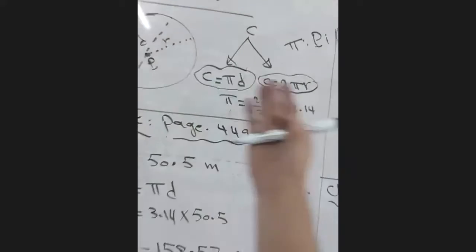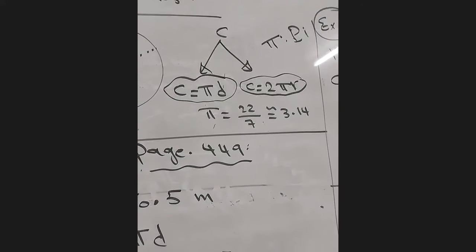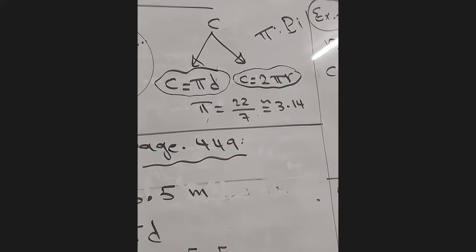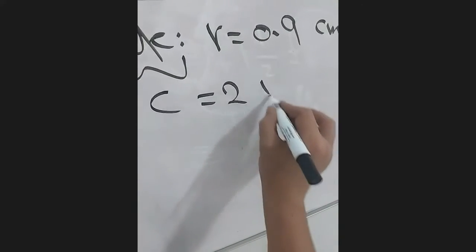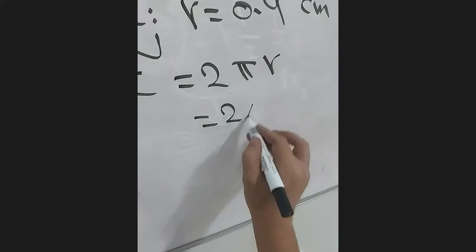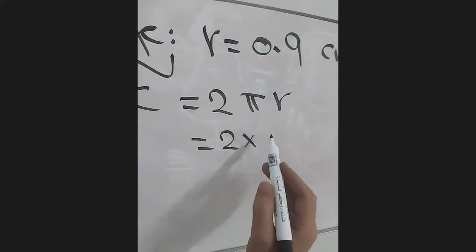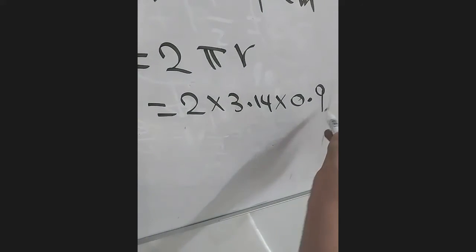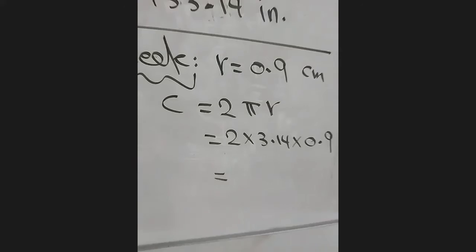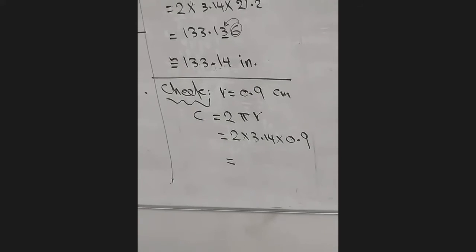Now, the given is the radius. What will you use? Which formula? Say it. C equal to 2 pi r. So we'll use C equal to 2 pi r. Now, 2 multiply. The pi is how much? 3.14. Multiply. The radius is how much? 0.9 centimeter. Now we multiply these 3 numbers. I will multiply them for you. 2 multiply 3.14 multiply 0.9. The answer is